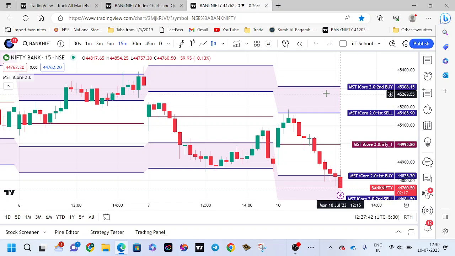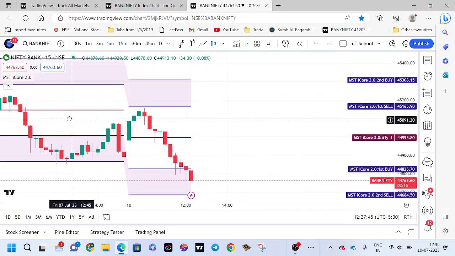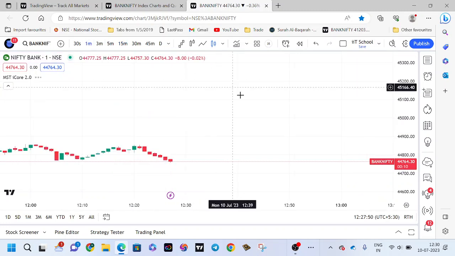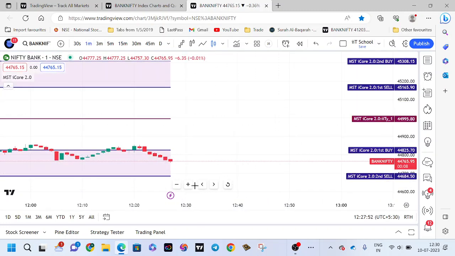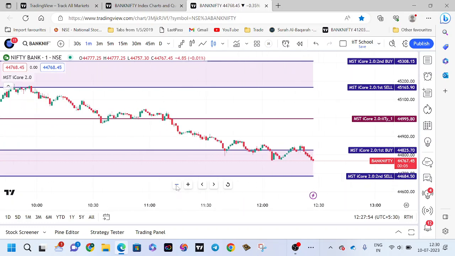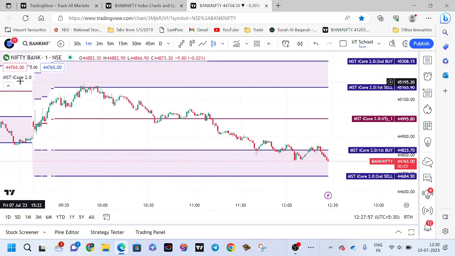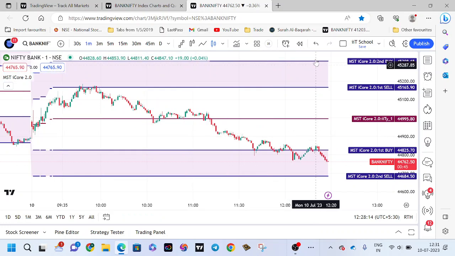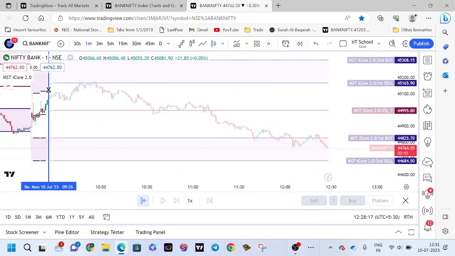Now, I have told you many times, whenever you start for the day, you have to go to the indicator settings, the middle one, it looks like an engine. Click on it and come to the bottom left side. There you will be able to see reset settings. Now I have reset the settings. And next, I am going to